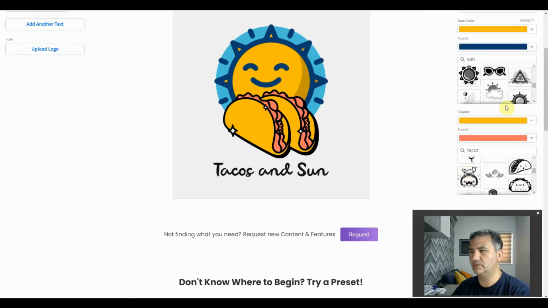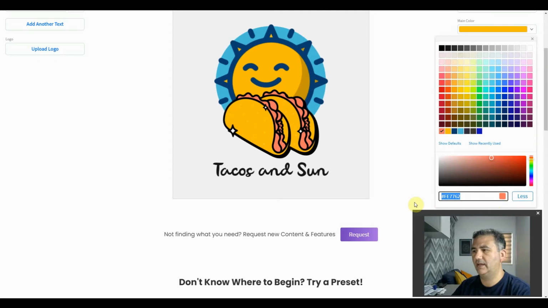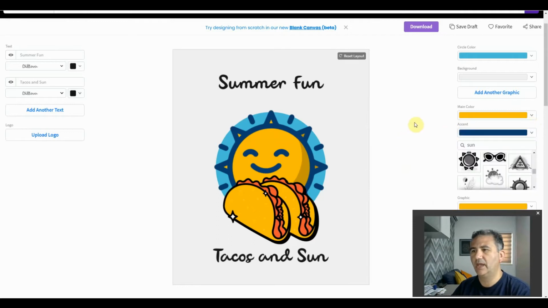So we're going to close that, we're going to choose the accent, click on More, and then we're going to choose F25930, the tab key, and click on Choose. All right, and now we have a nice balanced color palette where everything goes good together in terms of color temperature and whatnot. Now we'll close that window, and what we're going to do is we're going to get rid